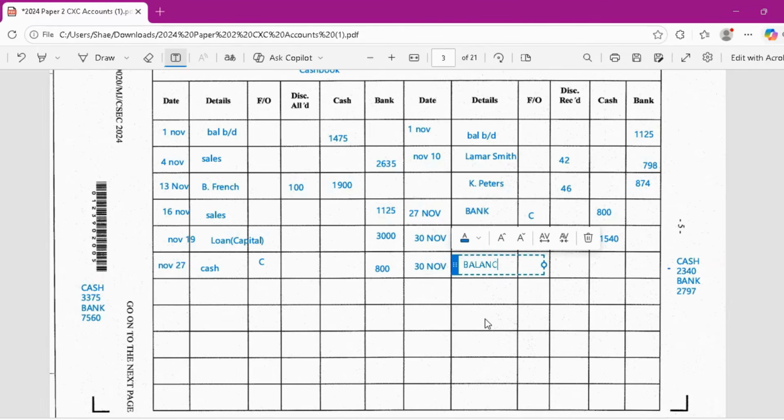So our larger total from our smaller total. So it's 3,375 minus 2,340. So that gives us 1,035 for cash